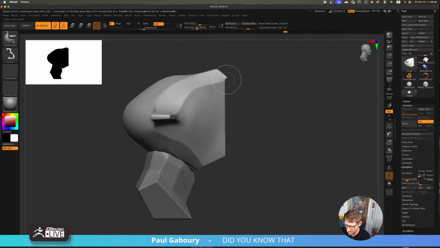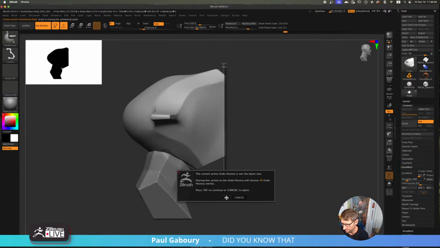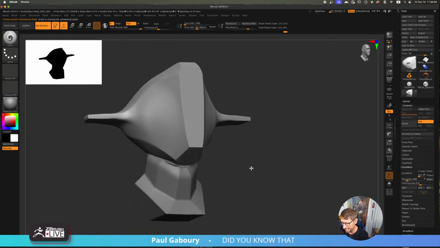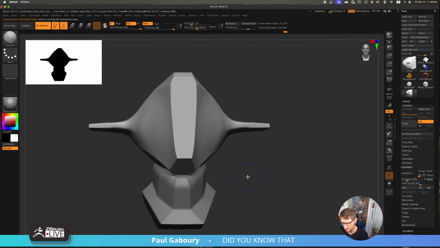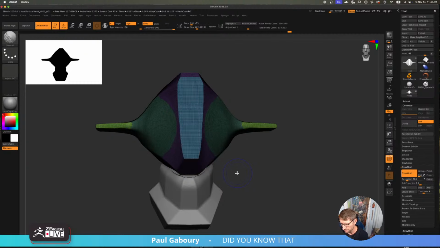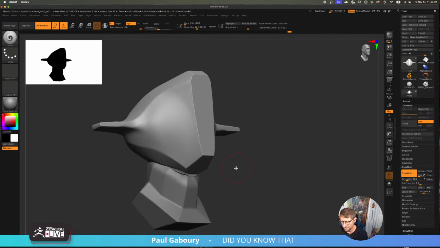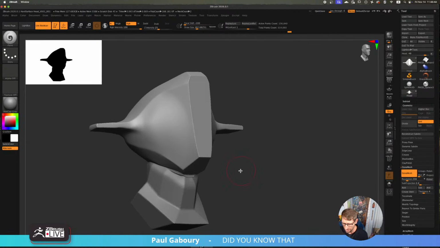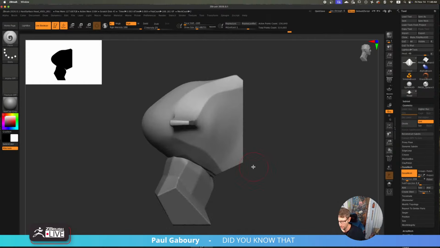Right now I just don't like the front of the face. I'm not a fan of this at all. Not one bit. So let's Dynamesh it. So we're back to Dynamesh world. I need to figure out some other elements in here. Maybe I want to play with this. I got to figure out something here for the front end.